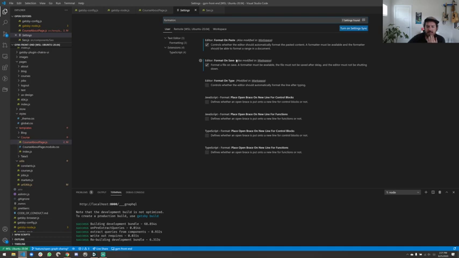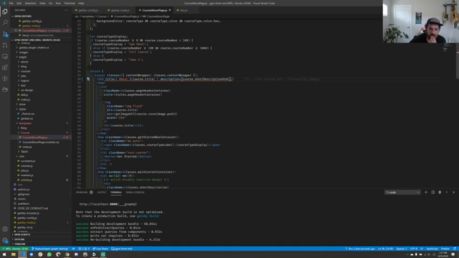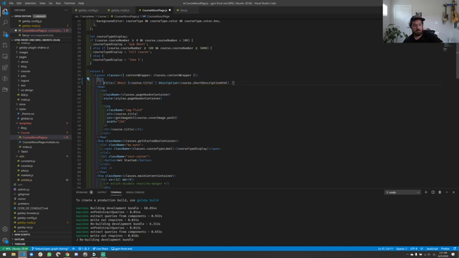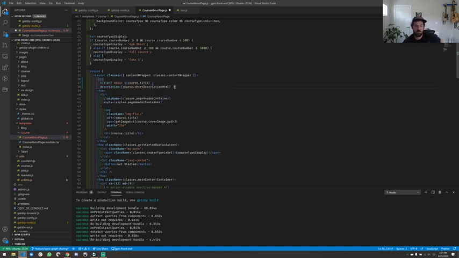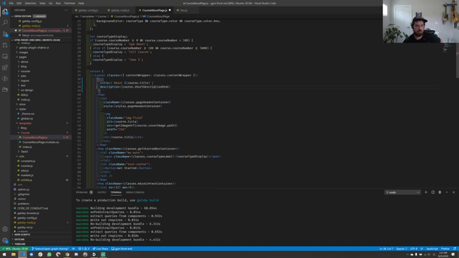Format on save is there, but it does not seem to know about prettier. That's annoying. Okay. Great.